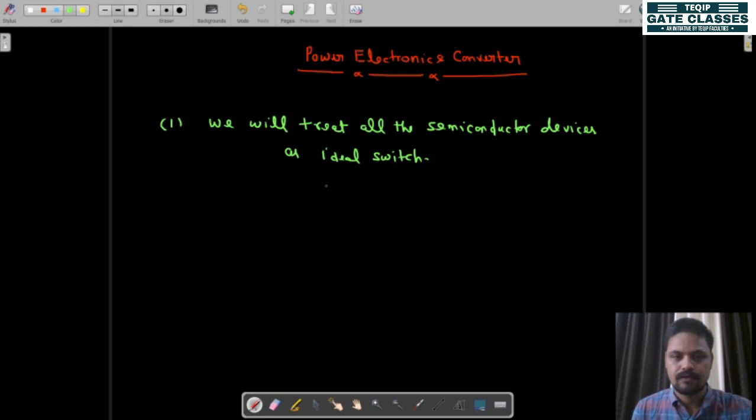So what does it mean? That if suppose IGBT is there, so this is gate terminal, this is C and this is E. So when we will apply any signal over there at gate terminal, so this is control signal,